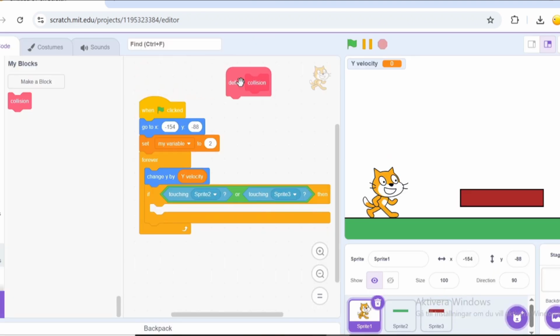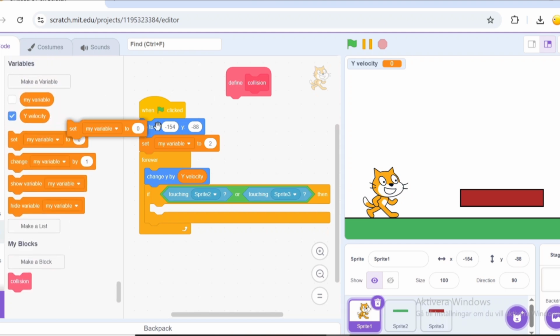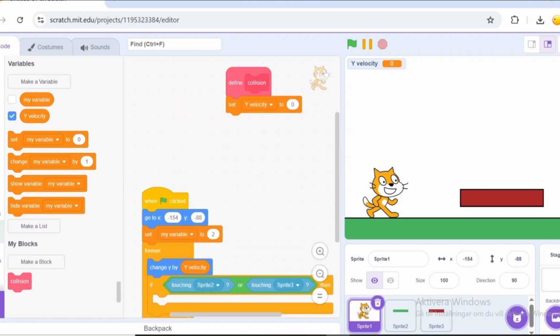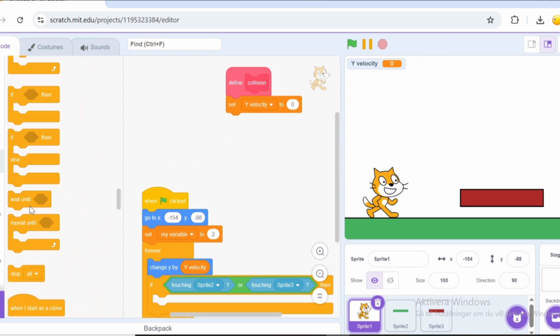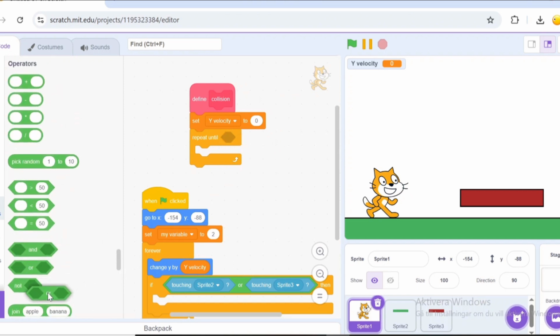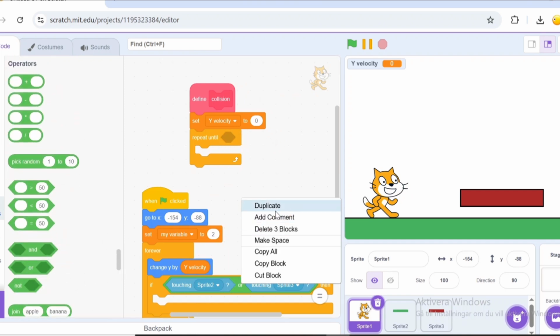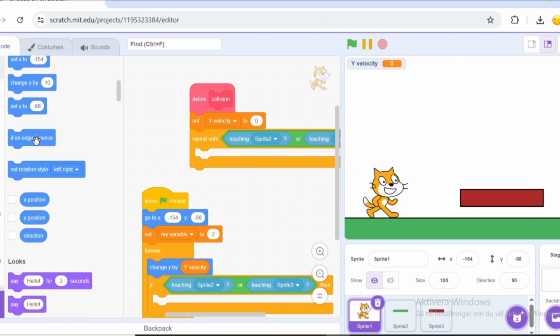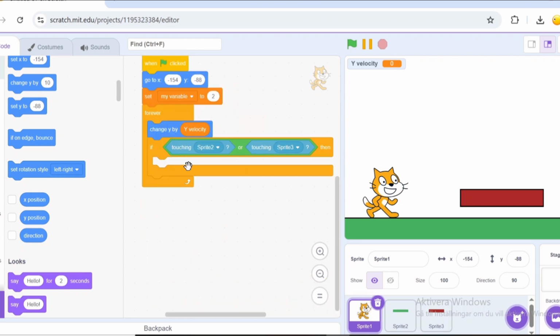Now let's define collision. So we set Y velocity to 0, and then we take a repeat until block. Then we take an OR. We duplicate this touching and OR. Then we change Y by 1. Now here let's put